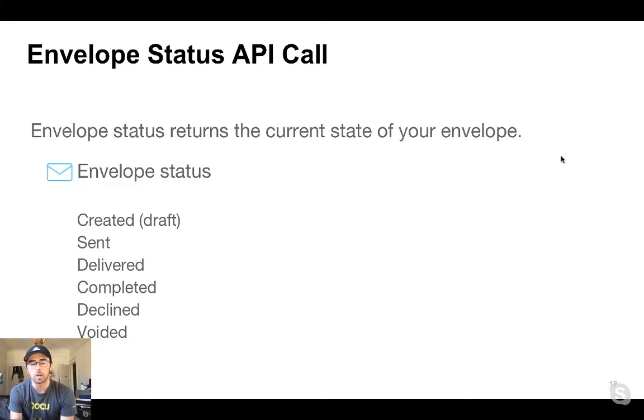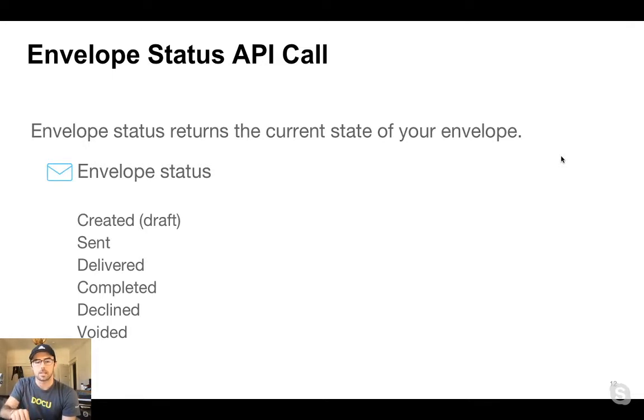Declined means that one or more of your recipients have declined to complete their actions. For example, if a signer declines to sign a document, it'll get kicked back to your sender with a declined status. And last but not least, voided means that the sender has voided the envelope entirely, meaning he or she has negated the entire thing. You'll see these statuses as you're working through your workflow and figuring out what your envelope will look like as you're creating it, as you're sending it, and as your recipients are interacting with it.